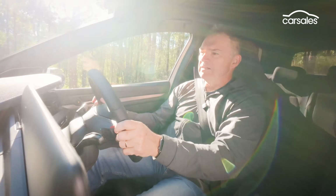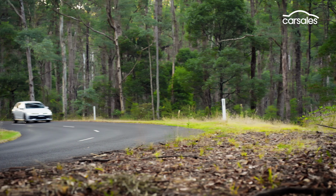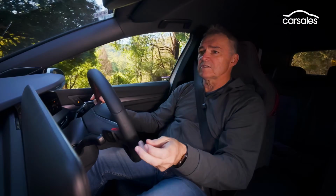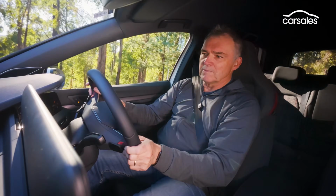Now the downside though is we've got a tougher ride to deal with. It's noticeable in sport mode. The adaptive dampers wind up to produce a bit more patter. Look, I can live with all that. That's part of a sporting vehicle's ethos, and it's by no means